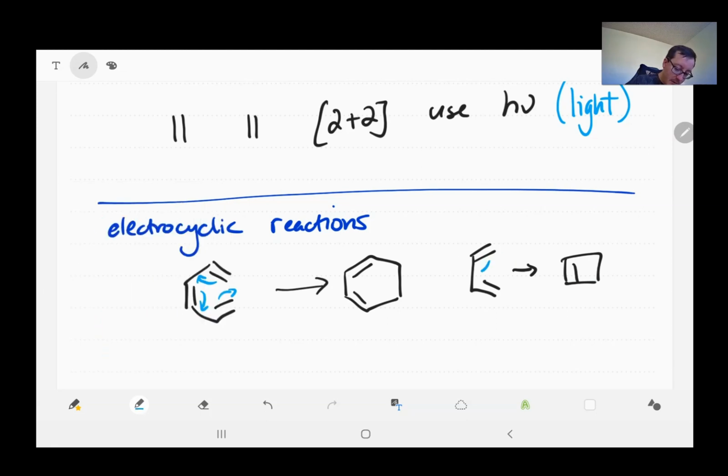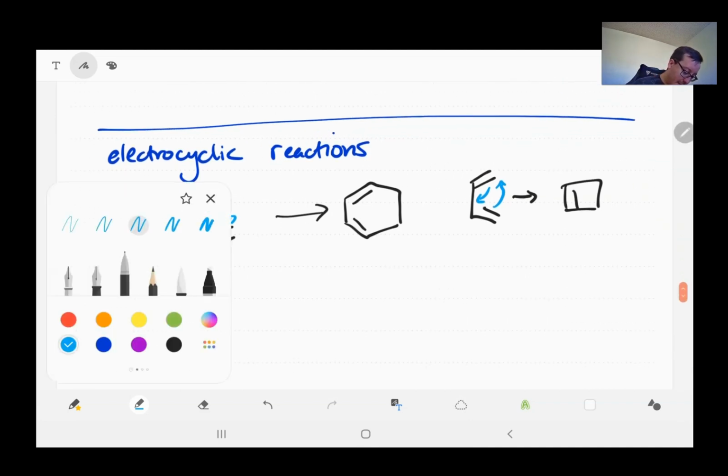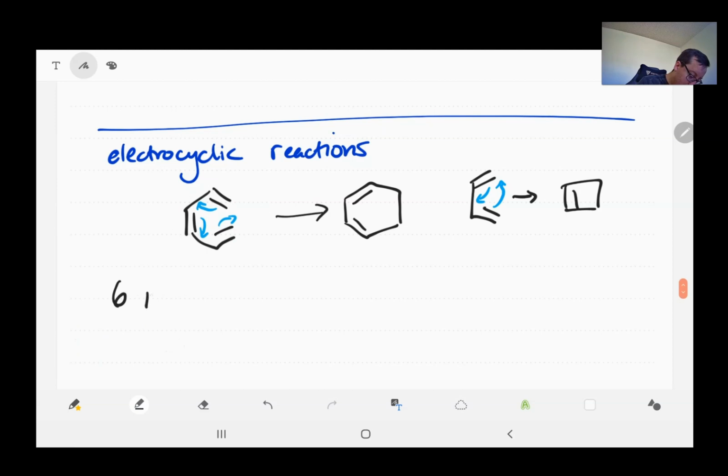A little bit harder, just because things are going to end up being a little close to each other. You make a cyclobutene in one or a cyclohexadiene in the other. And we're going to see that with these, light and heat, again, are going to be our modes of making these things happen, but we're going to have different things happen. They can both, in this case, react with heat or light, and they're going to react in different ways. With a 6 pi electron system,